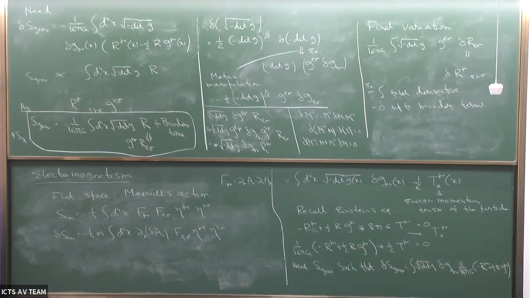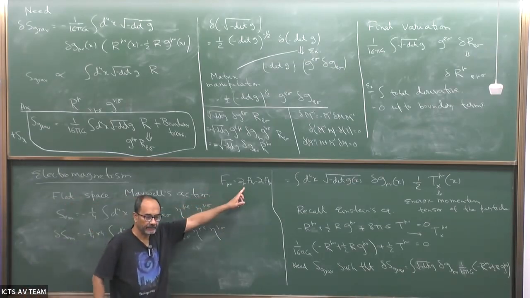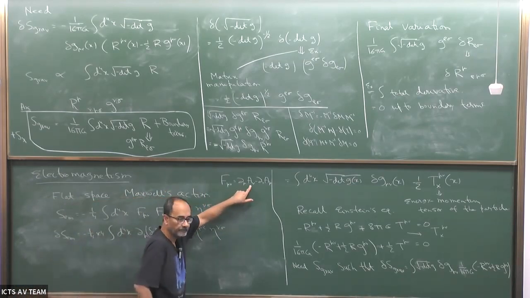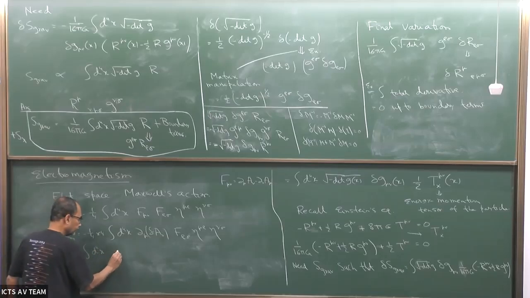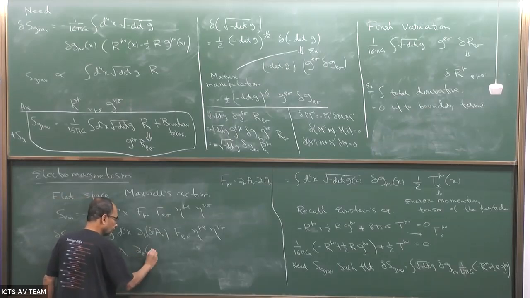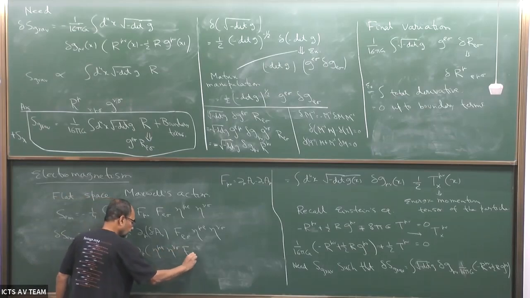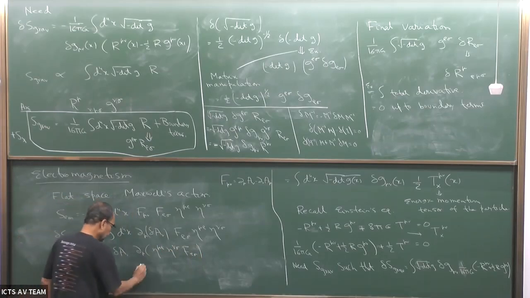Is this clear what I have done? Just 4 variations, because you can either vary from here or here, and each of these has 2 because there are 2 terms. You can vary the first one or the second one. All of them give the same answer, so I've just varied the first one of the first term. That's this one. So you can integrate by parts. That's basically